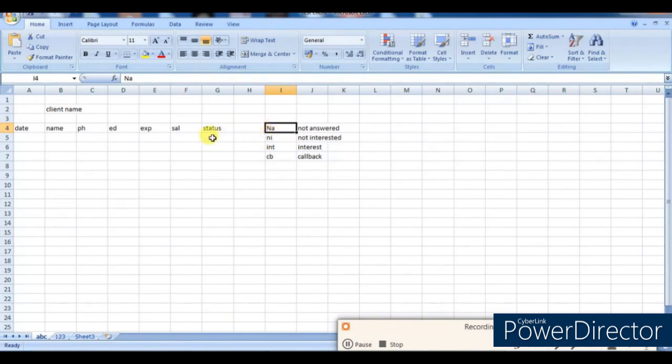Okay. So always mention the status, whether he said to call back after 2 days. Somebody says, no, I want more package. So just mention needs more package, talk to client. Someone says, okay, I'm going for the interview, but I want it on Saturday. Goes for interview on Sat. Okay, schedule interview, like this. So maintain the status. This is very useful for you. If you forget maintaining status, then after some days, when you are opening the Excel sheet and trying to understand what the status is